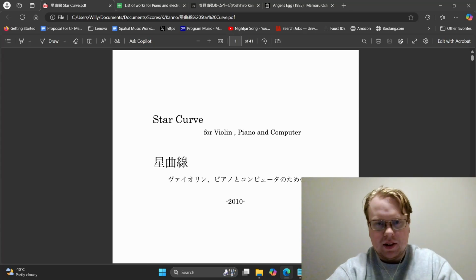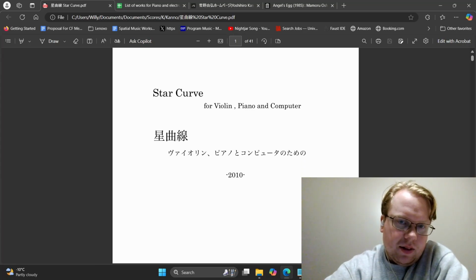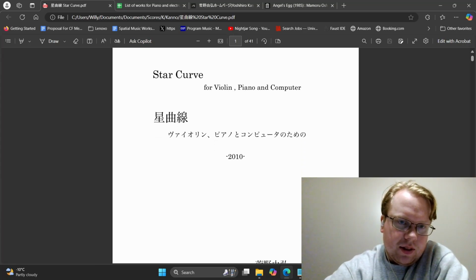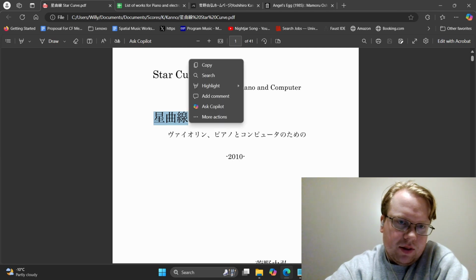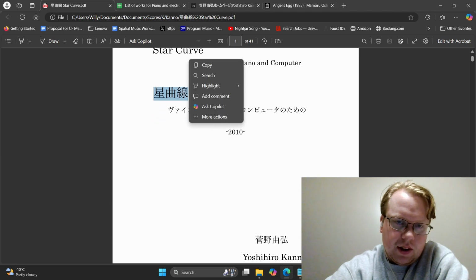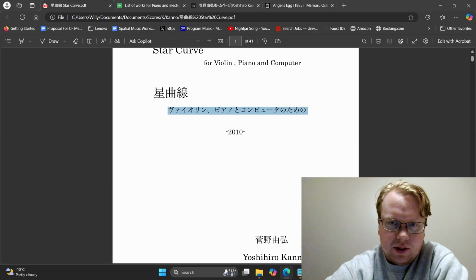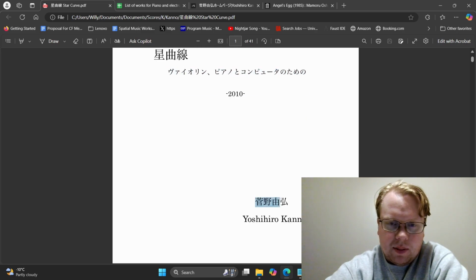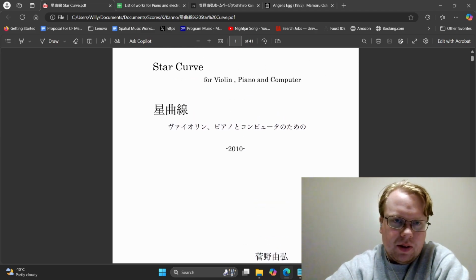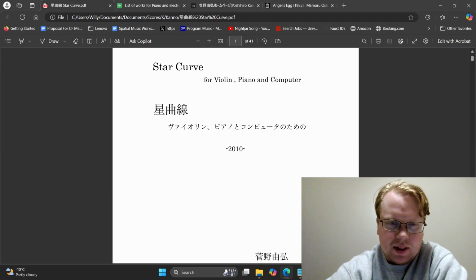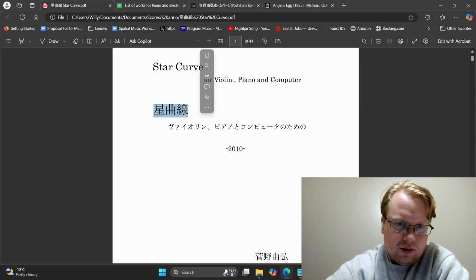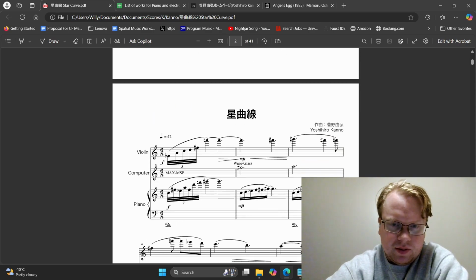As for the piece here, you notice that the title is in Chinese, but he put the instrumentation and his own name in Japanese here. So Star Curve might not be the best translation. I'm assuming it's something that's best expressed in traditional Chinese writing.